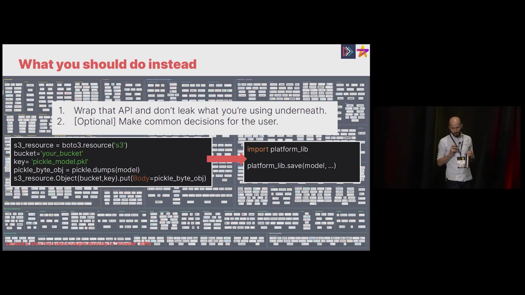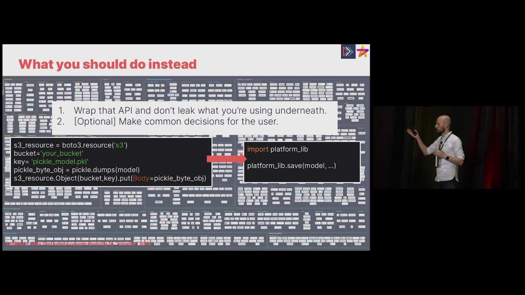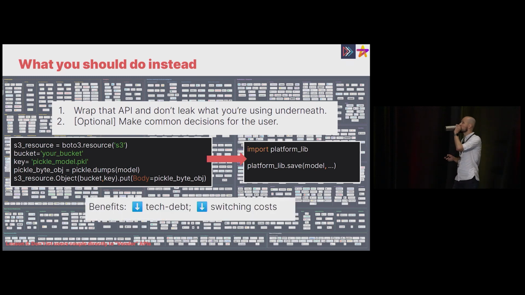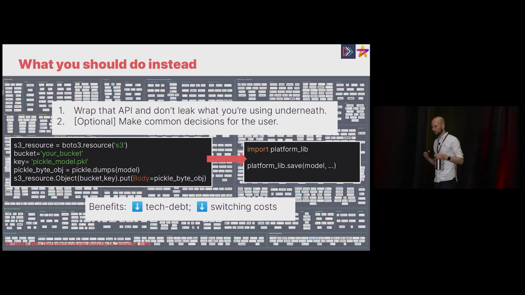One of the optional things you can do is that usually with these APIs, you've got to make decisions, so you can also go ahead and simplify and potentially standardize a few things by providing this wrapper. The benefit to you in terms of ROI is not a short-term play, it's more medium to long-term: you will have less tech debt to contend with, and if you want to switch something out, it's going to be much easier and faster.